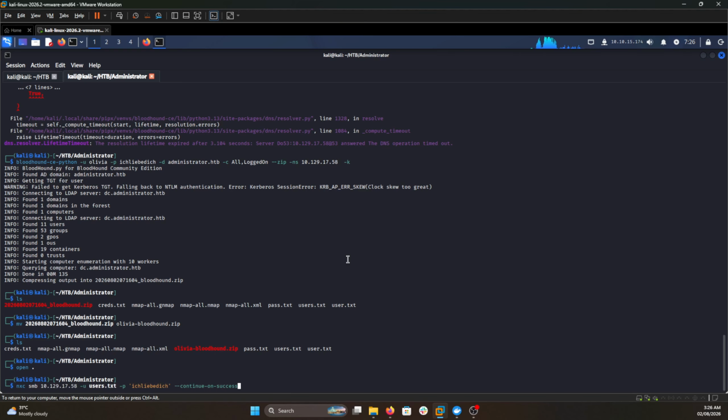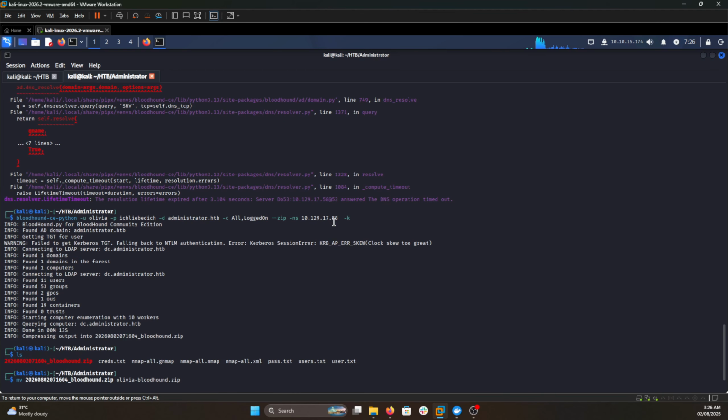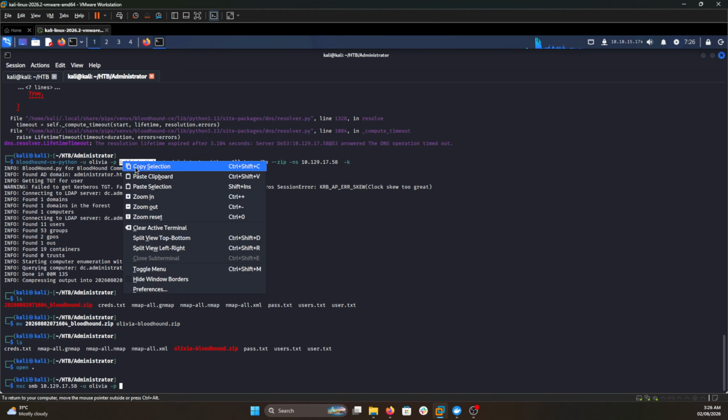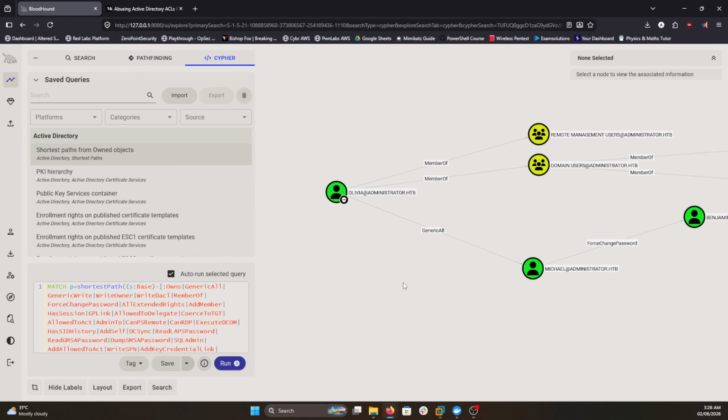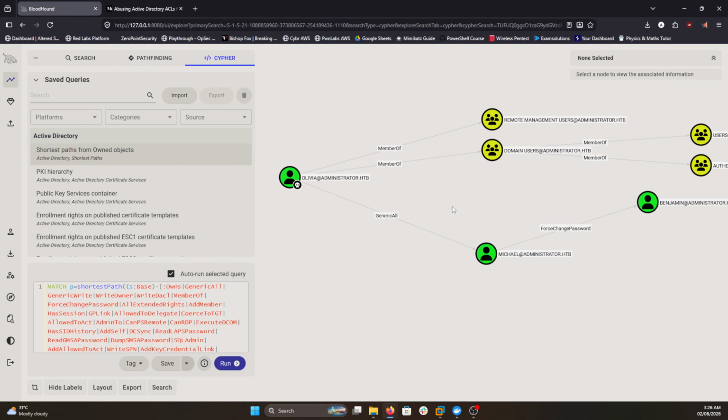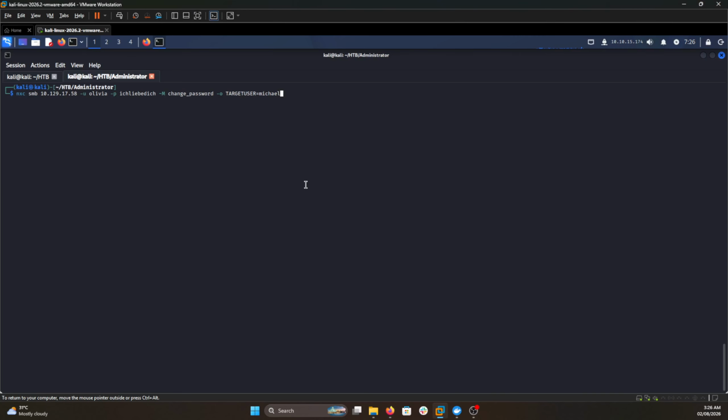NXC SMB, I'm just gonna put in Olivia for password. For module, I'm gonna say change password, tag O, target user would be Michael. Dude was Michael, right? Michael. Yep, Michael. New pass would be password 123,